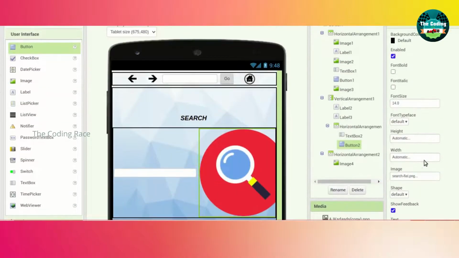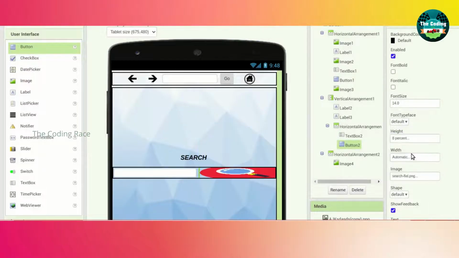The height will be 8% and the width will be 10%. Yeah, that looks good. Just click on that text box to erase the hint, type search and just enter. Okay.